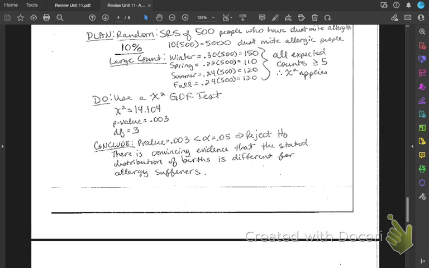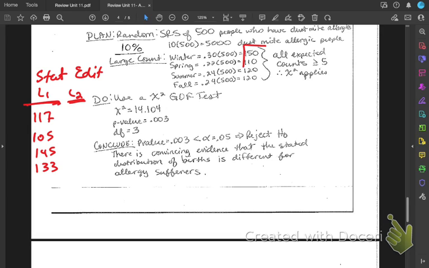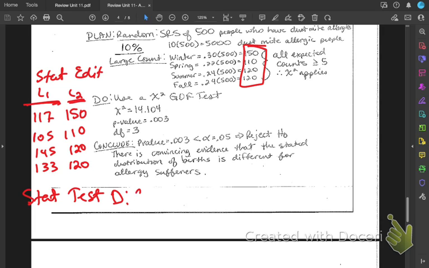What that means is we're going to go to stat edit. Chi-squared goodness of fit uses L1 and L2. In L1, you're going to put your observed values, which is going to be 117, 105, 145, 133. And in L2, you're going to put your expected values, which you just found. And then you'll go to stat, test, D for chi-squared goodness of fit test, and you will